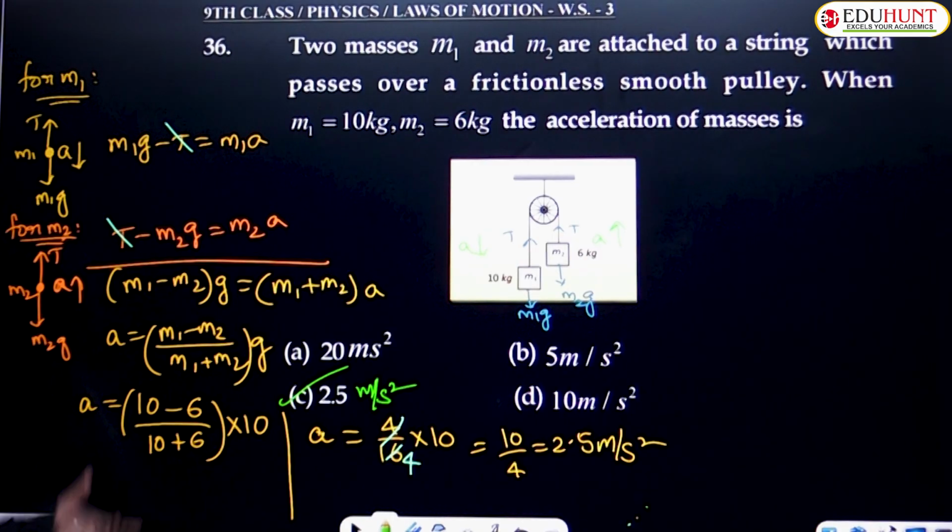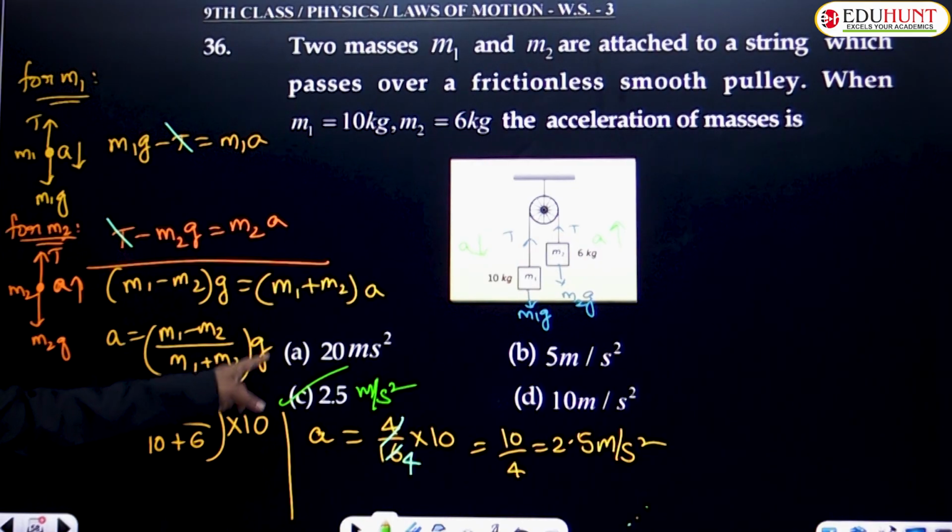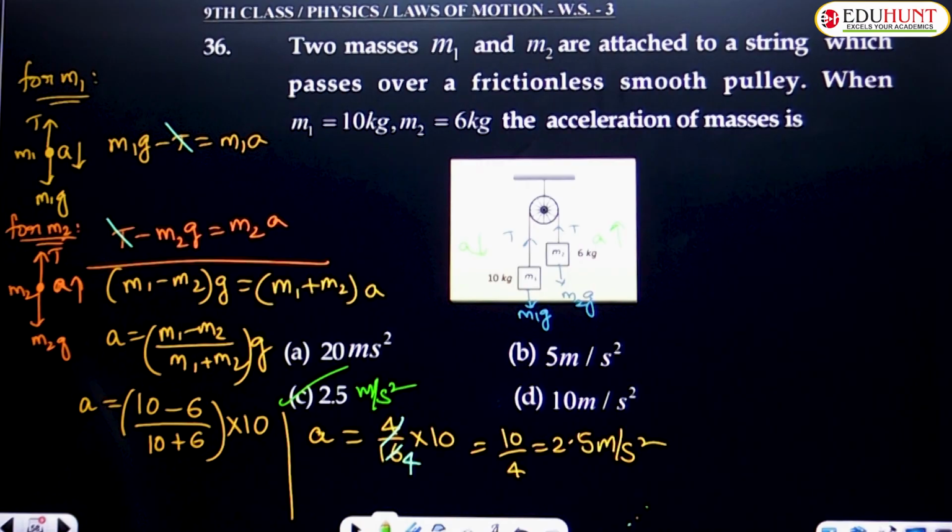Got it children? So directly, if you remember the formula for acceleration, directly take this as a equals M1 minus M2 by M1 plus M2 into g. So if you are not aware of the formula, just simply approach the concept. Well,